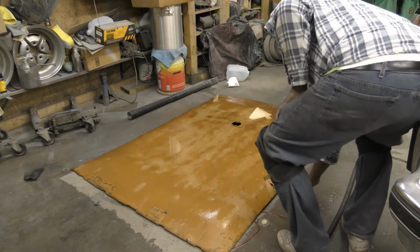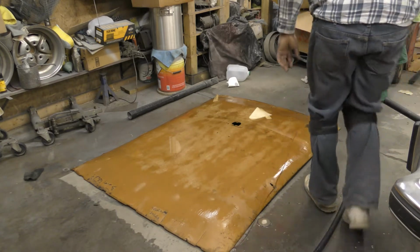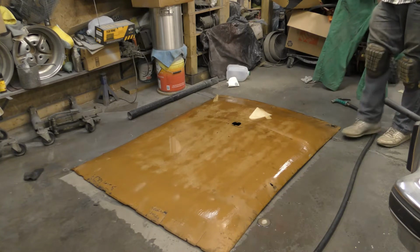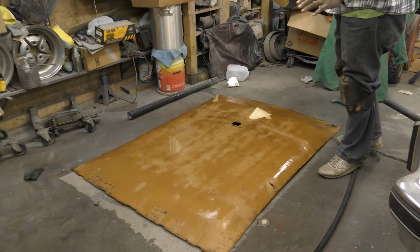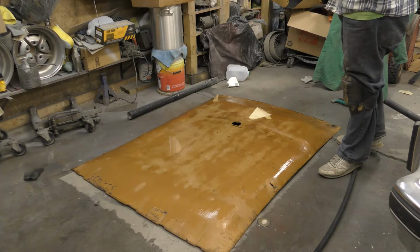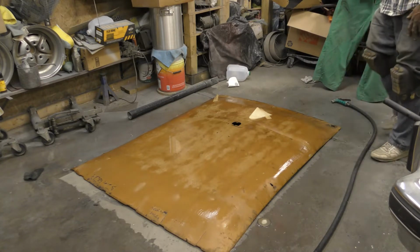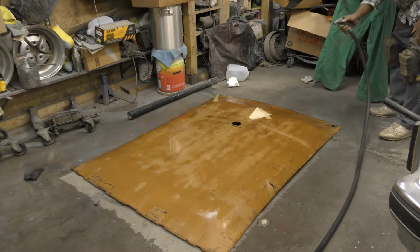Yeah, coming here today, I have this headliner and that roof was leaking. I think some water might have set in here just a little bit. But this whole thing is out of bowl, it's sagging. So what I want to do here